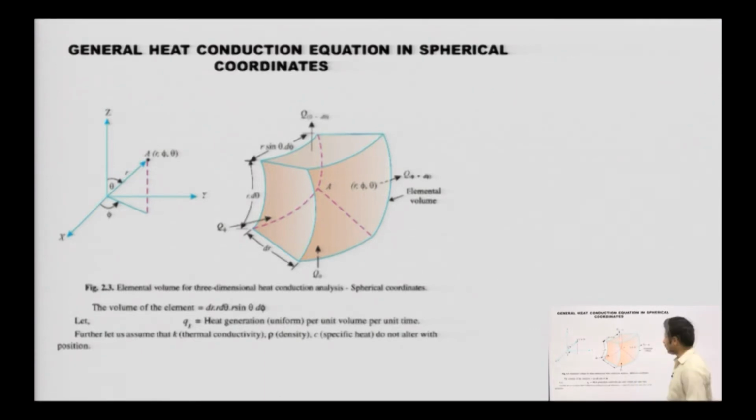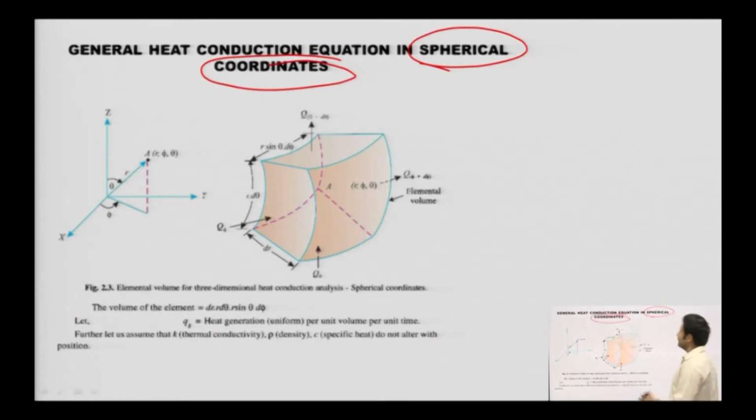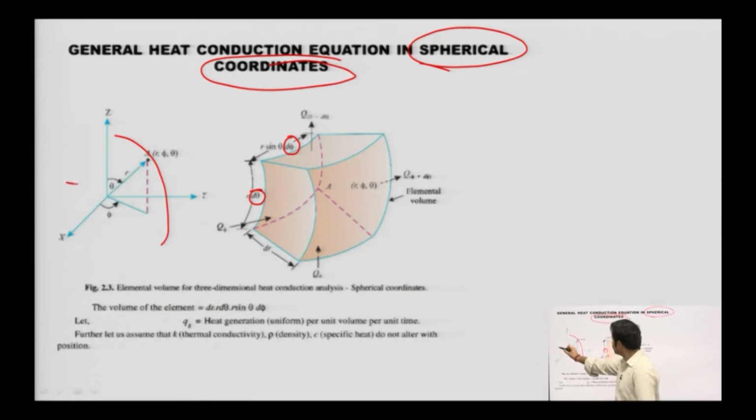So this is very important along with all the derivations that I have done. Okay. So it's in spherical coordinates. Spherical coordinates is basically when an element moves along, subscribing two angles simultaneously. One angle is d phi and another angle is d theta. So here it is subscribing this angle and it is also subscribing this angle.